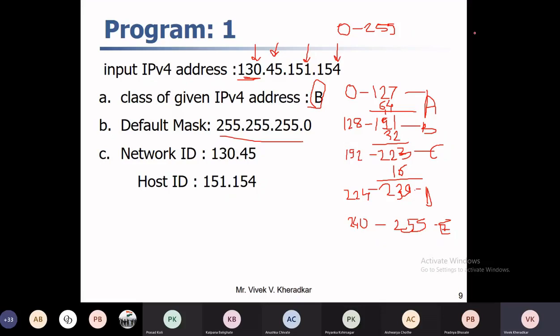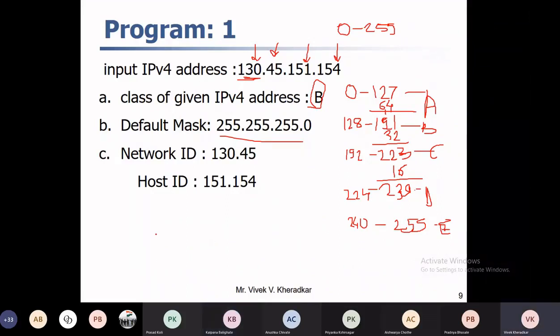It's very simple. Tell me, what is the default mask of class A? The first 8 bits are 1, right?